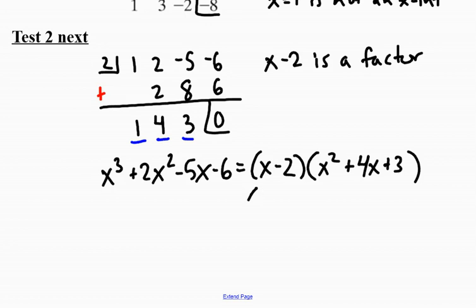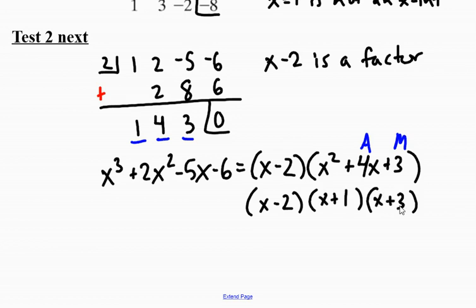And I can find the rest because this is a power of 2, and I can just do regular factoring. What two numbers multiply to be 3 and add up to be 4? Well, that's going to be x plus 1 and x plus 3. And now I've found all of the